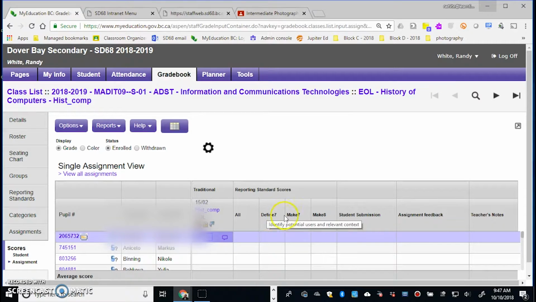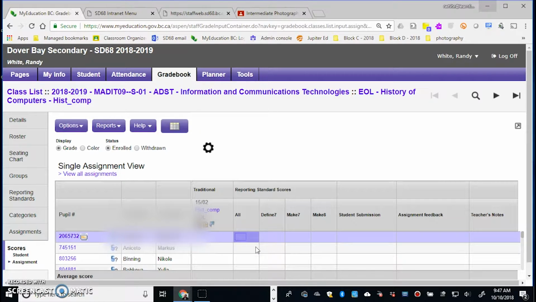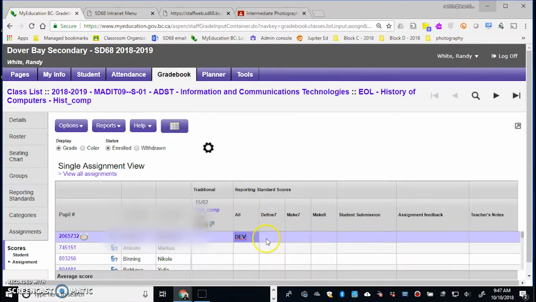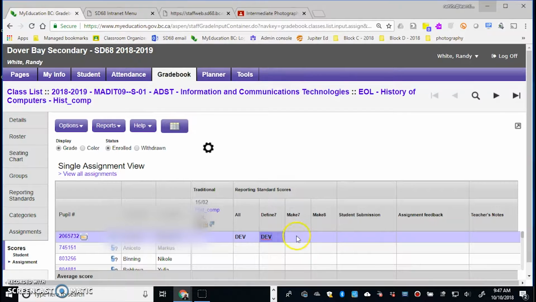So define, if you hover over it, it'll tell you, so this is relevant context, materials that minimize waste, and appropriate tools, technologies, and materials. So some people are saying to actually put their rating here. And so if you hit Control L, then you can choose what you would like to actually show up. Okay, so I'm going to say that this student is developing here, and Control L, developing here,